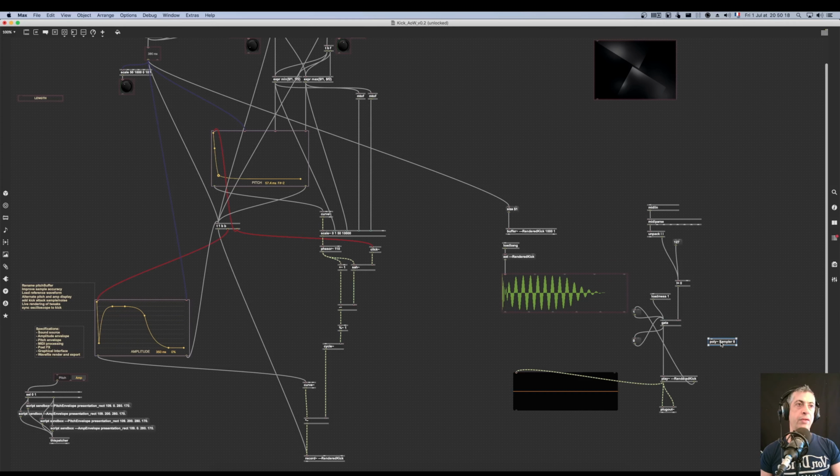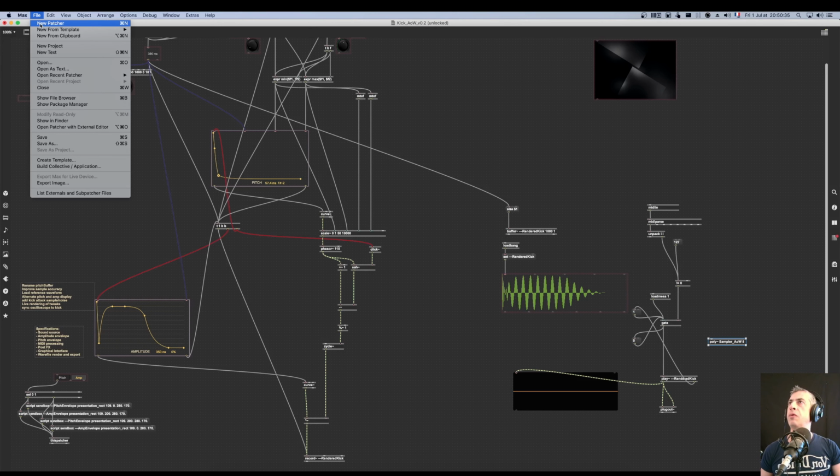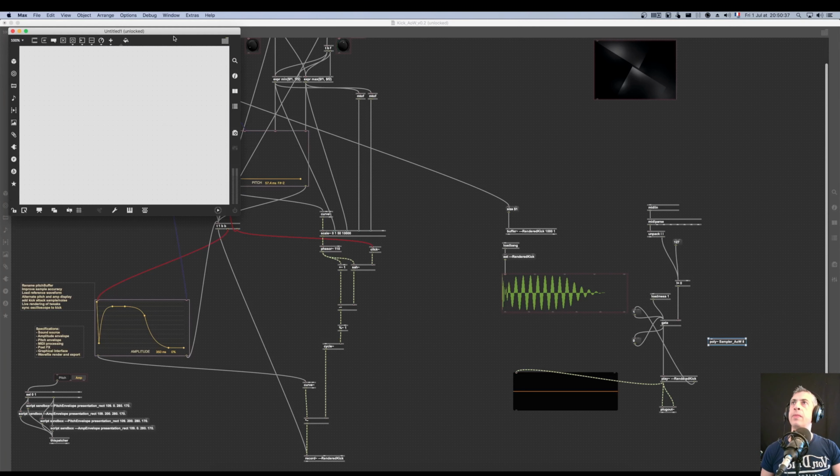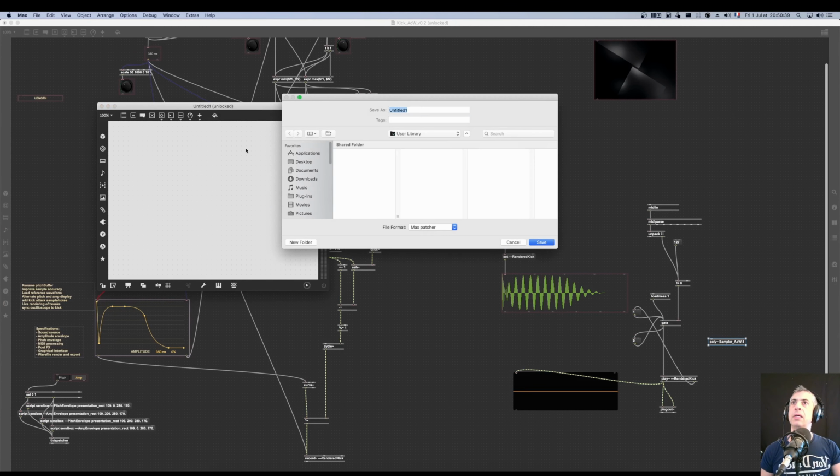We'll change that later. If you open it, you see that there's nothing to be opened because the actual sampler thing doesn't exist. Let's change it to sampler underscore AOY to make sure this is my device, whatever. And I'm going to create a new patcher